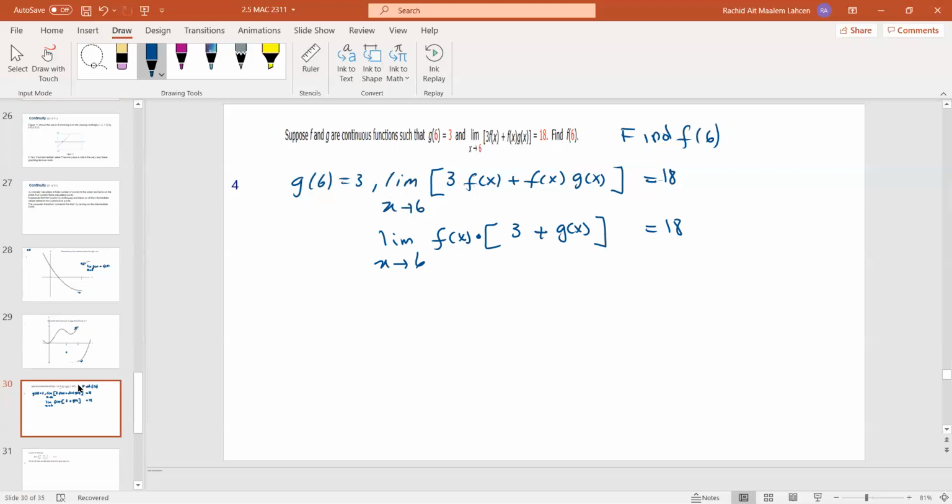All right. Then this is going to be the limit of 3 plus g of x here, which is, if you use those laws of limits,